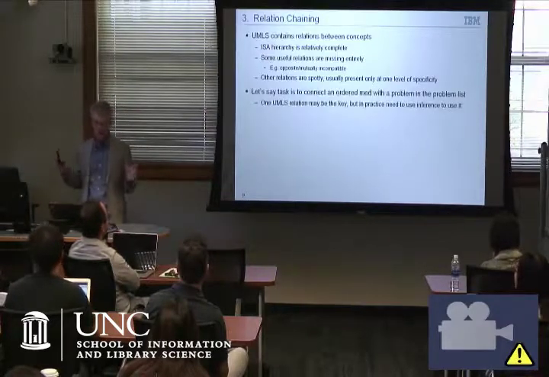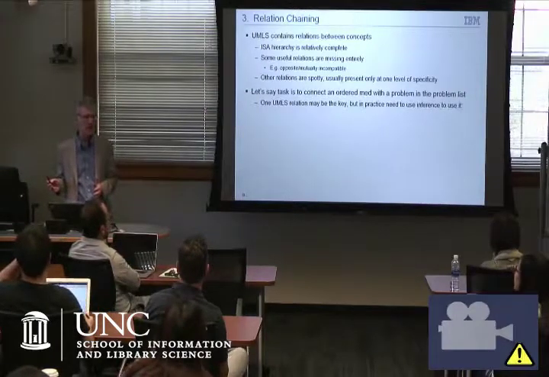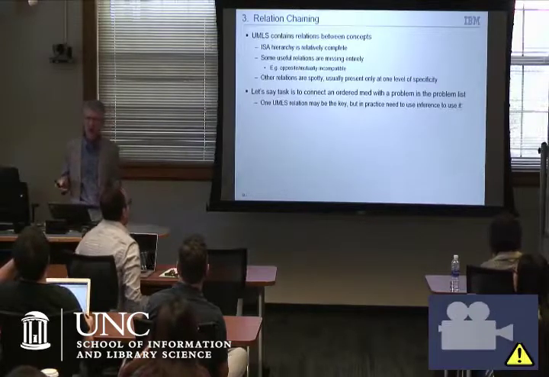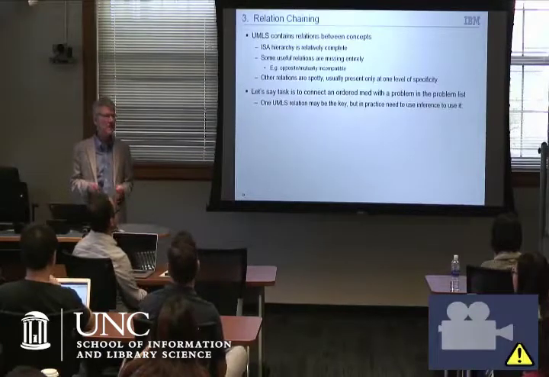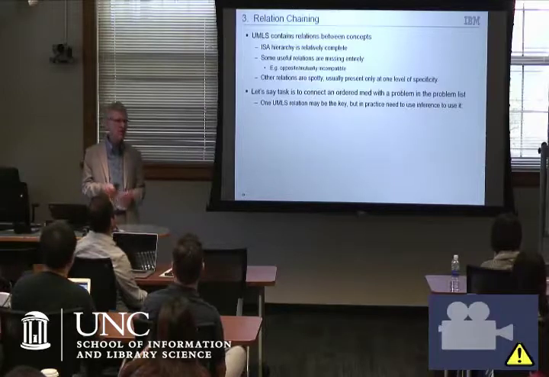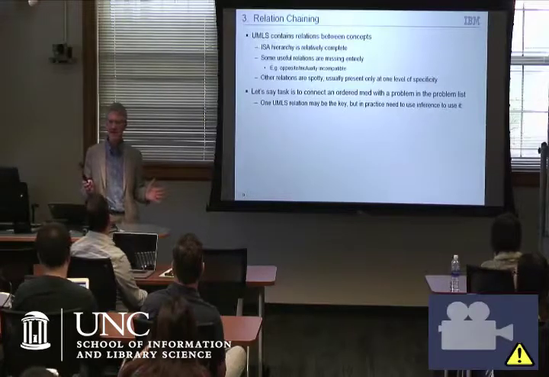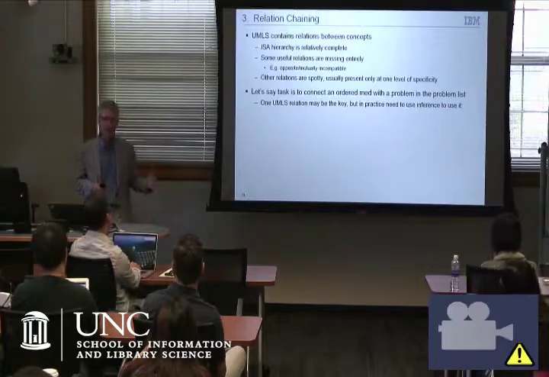So let's say the task is to connect a medication that's been ordered for the patient with a problem that's in the problem list. I mentioned before, in your medical record is what's called a problem list. These are all of the things that are either wrong with you or have been wrong with you that the doctor needs to look out for on an ongoing basis. Not things that you once had and are now resolved and are dispensed with. If you had a heart attack once, that has to stay on forever.